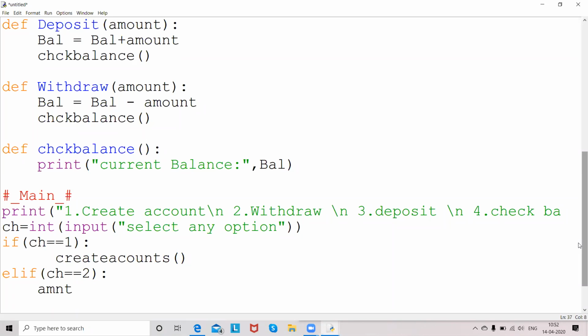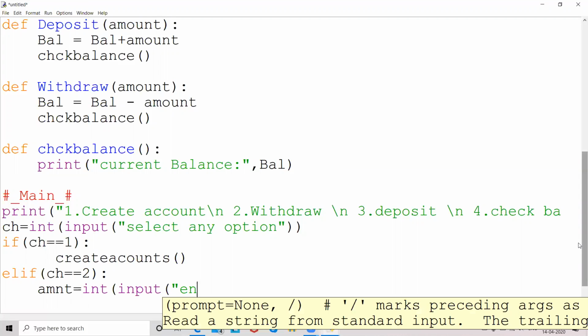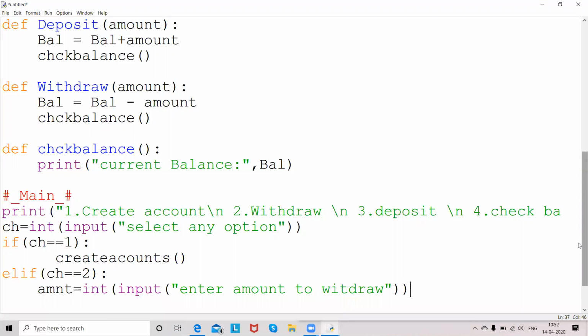This is not the same amount as the argument. So int input, enter amount to withdraw. Then the user will enter the value, how much amount he wants to withdraw.